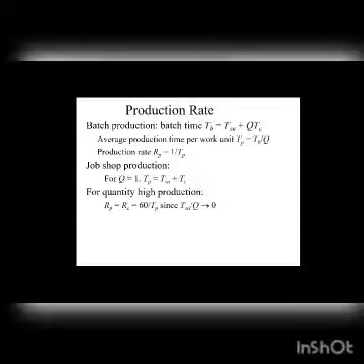For job shop production, the quantity is always low and the variety is high. In such case, the average production time is given by TSU, that is the setup time plus the cycle time. So for high quantity production, you know that the setup time is almost negligible since the quantity is very high, production volume is very high. So TSU by Q tends to 0. So the production rate can be simply calculated with the formula 60 by TP.